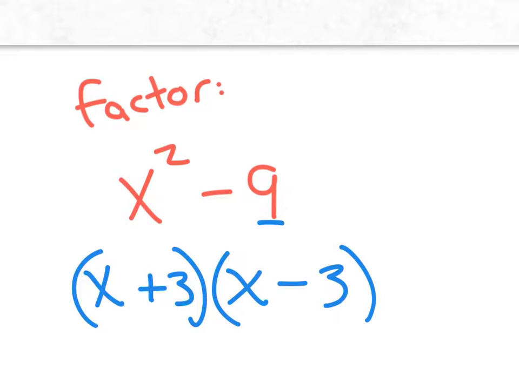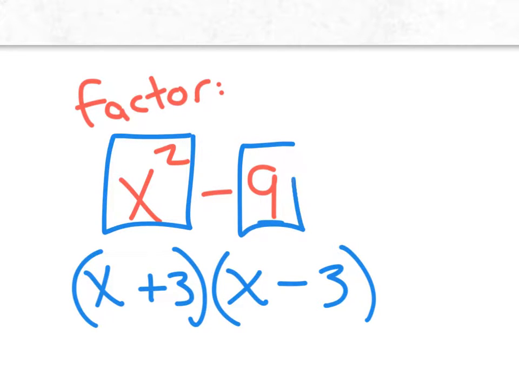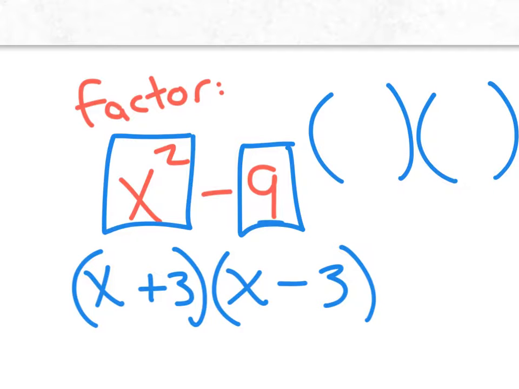So factoring, you're thinking what times what is the c value that if you combine together is the b value, and if there's no middle value, then you know you want it to eliminate. So it's positive 3 times a negative 3. Now, there's another way of looking at this problem. Another way is to recognize that this is a perfect square term. There's also another perfect square term. Because I know that this is a perfect square and this is a perfect square and there is no middle term, I could attempt to set up the answer, the parentheses, and say, okay,